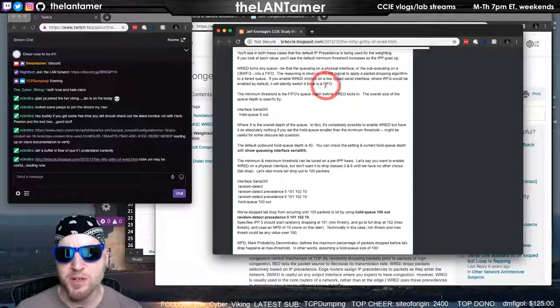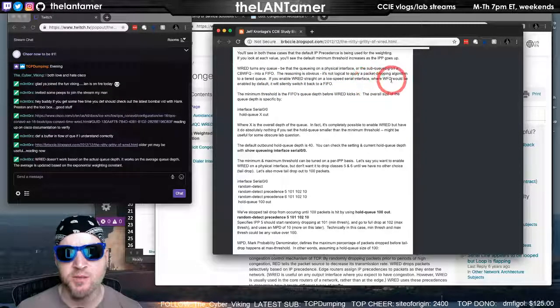It's not logical to apply a packet dropping algorithm to a tiered queue. Okay, if you enable WRED straight on a low speed interface where WFQ would be enabled by default, it will silently switch it back to a FIFO.